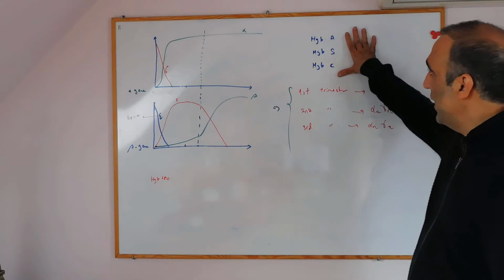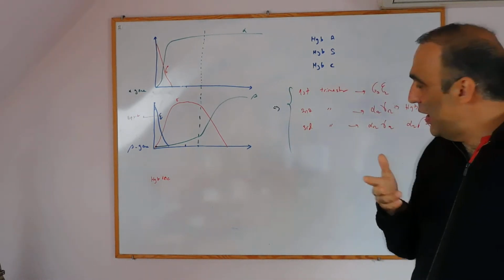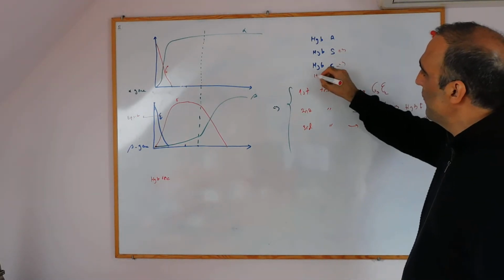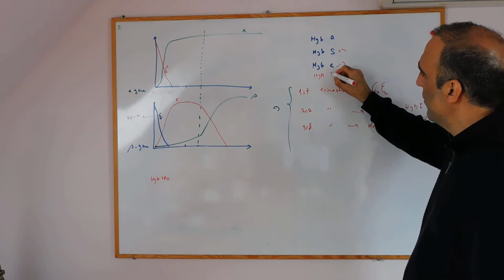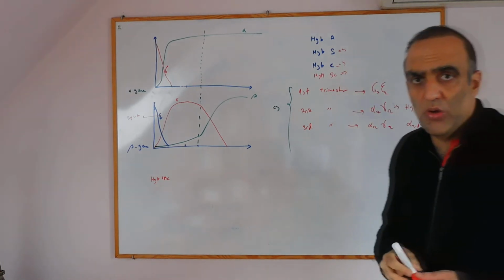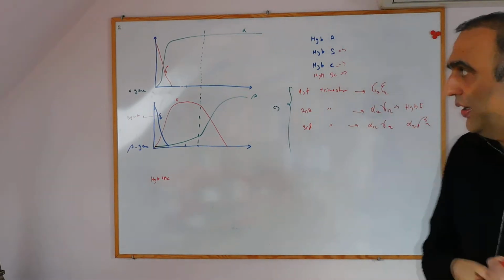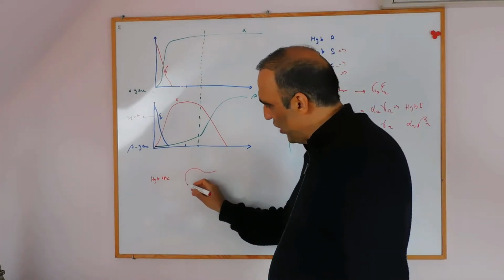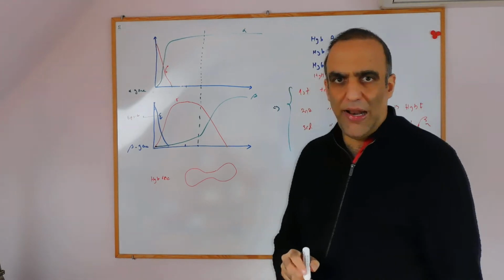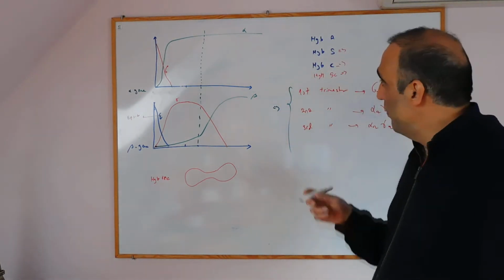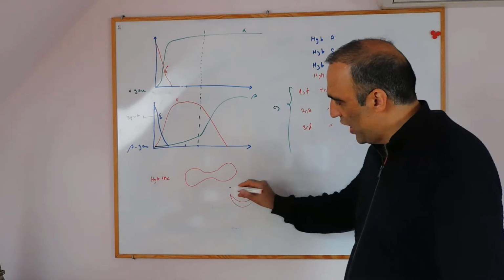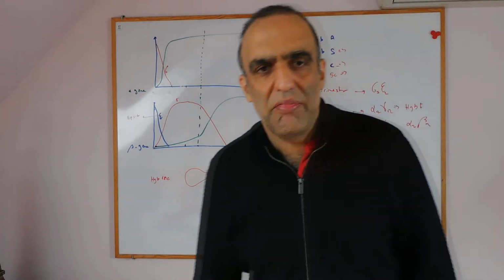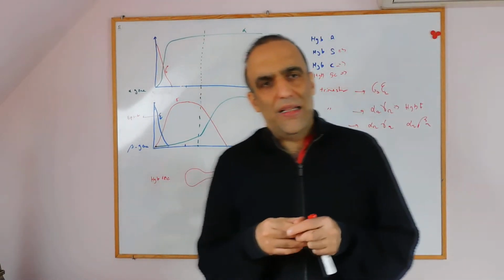I continue with the types of the disease. Hemoglobin A is a normal hemoglobin. We have alpha and beta subunits. We can have different disorders, S, C, or SC. The first one, hemoglobin S or sickle cell hemoglobin. As you know, the normal red blood cell has this shape, because it can easily pass through the capillary, and we don't have any problem. But in sickle cell anemia or S hemoglobin, the shape will be like this form. As you see here, it cannot easily pass through the capillary, and